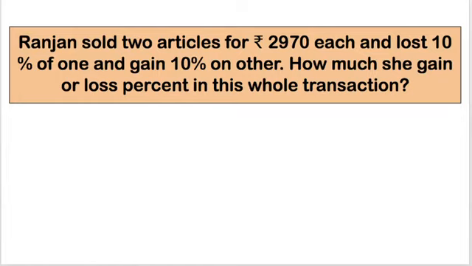Now what you're given is the selling price, the loss percentage and the gain percentage. You can directly find the cost price. जब आपने loss percentage का find करना है, you will write down 100 divided by 100 minus 10, that is 100 divided by 90 into 2970. On the other hand, it will be 100 divided by 110 into 2970. You will be getting the cost price of both. So आपके पास दोनों के कॉस्ट प्राइस आ गए, तो उन दोनों के कॉस्ट प्राइस को ऐड करो और सेलिंग प्राइस दोनों के ऐड करके you can easily find out what is the overall, whether there is a gain or whether there is a loss.